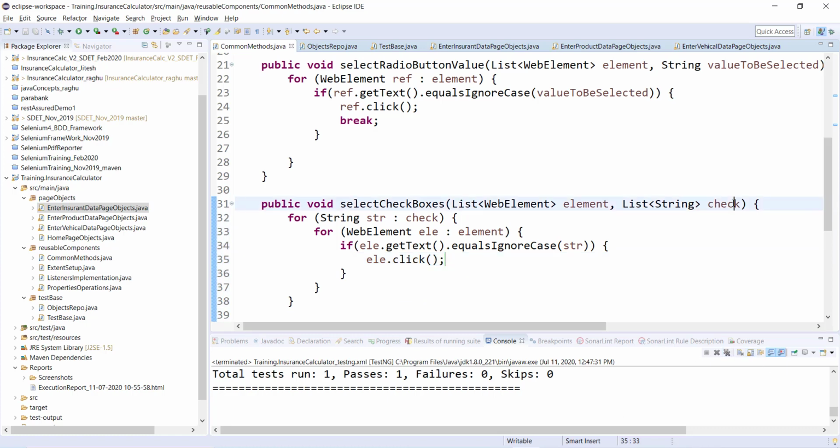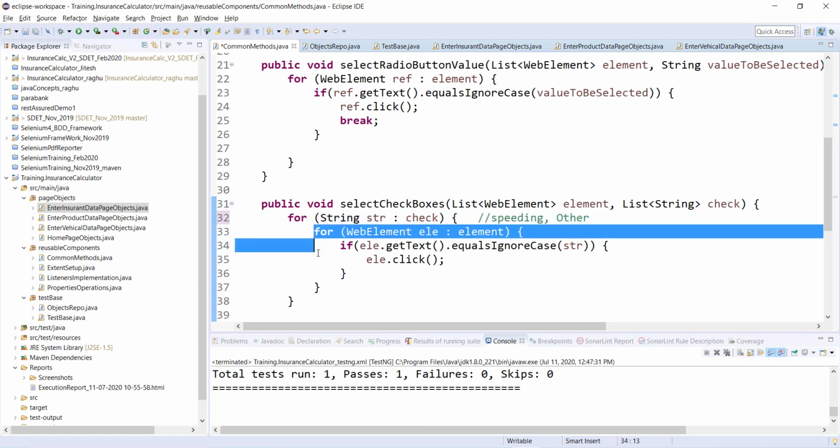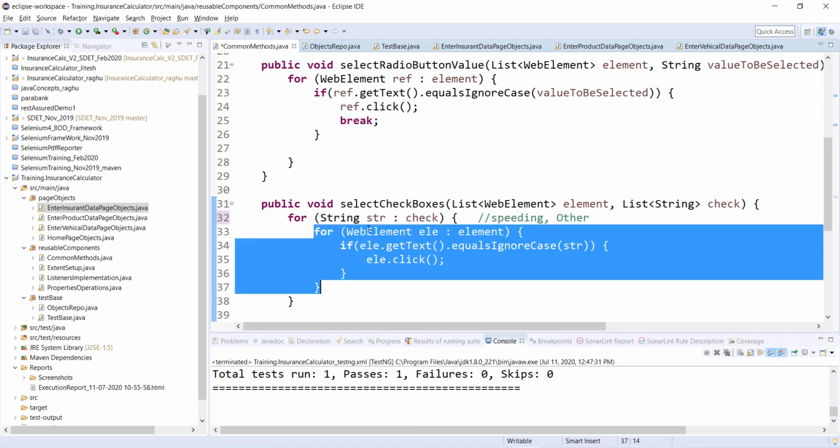Now I'll tell you what will happen. Let's say in this check we have two values. For now assume we have two values: the first one is speeding and the second one is other. When I iterate over the two values, the first value is speeding, so it will come to the inner for loop. The current value in the string is speeding.